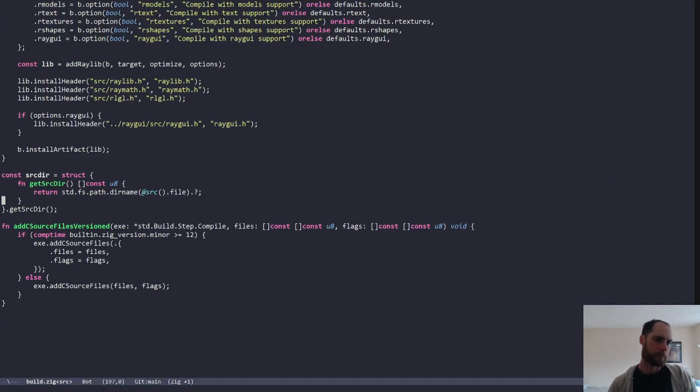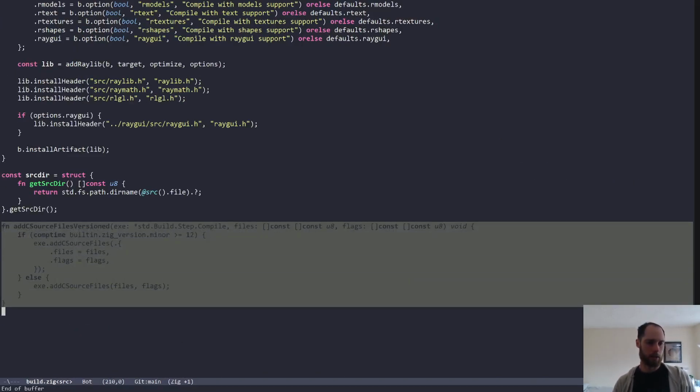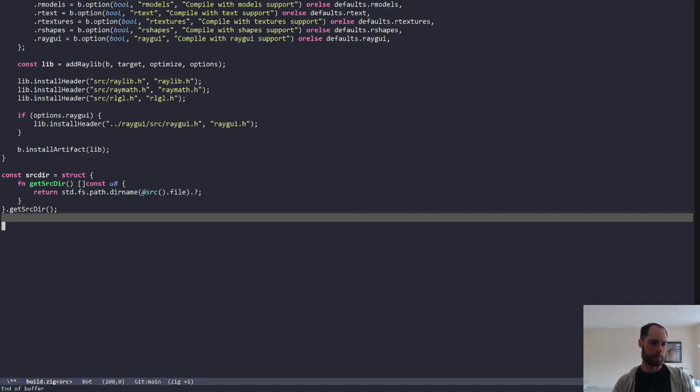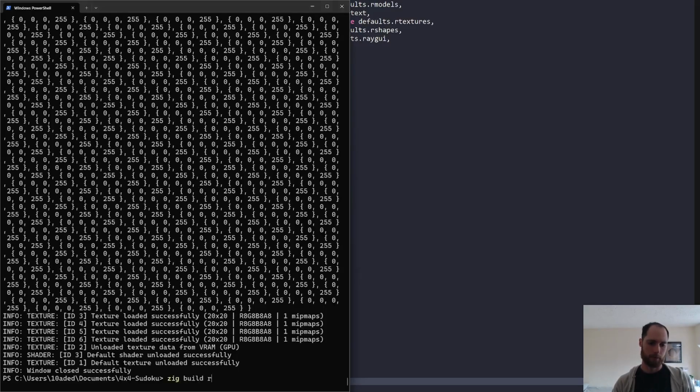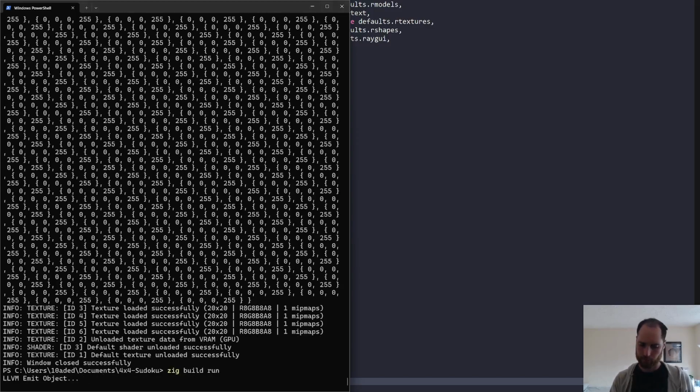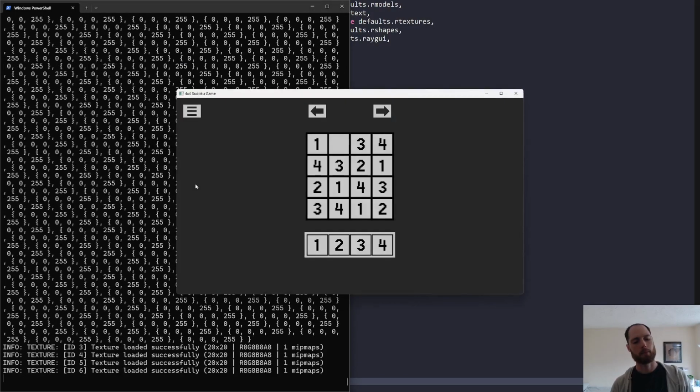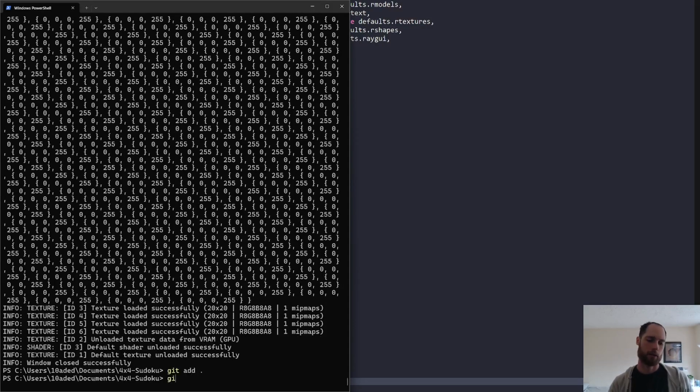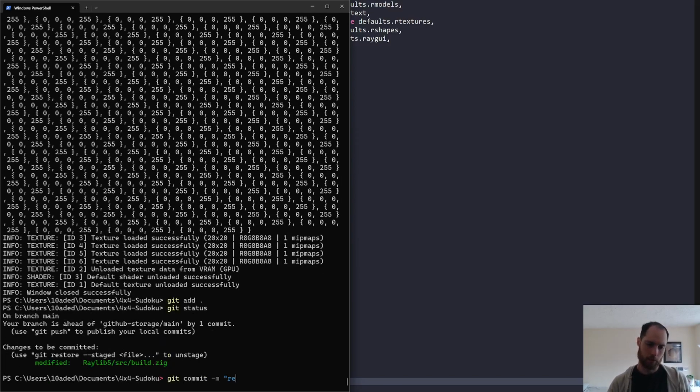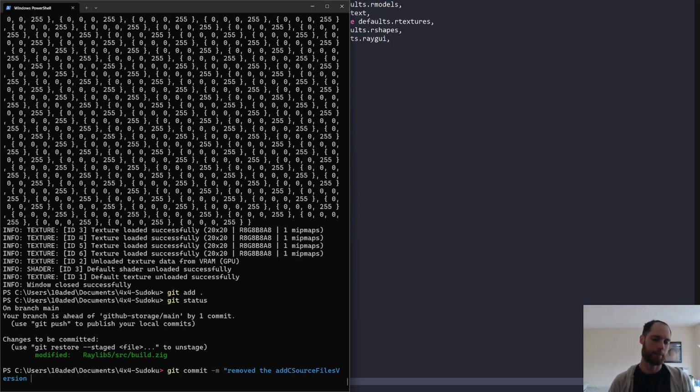Okay. So I think this means I can now clean out this. Yay. Okay. So yeah, remove the get add C source files version function, which